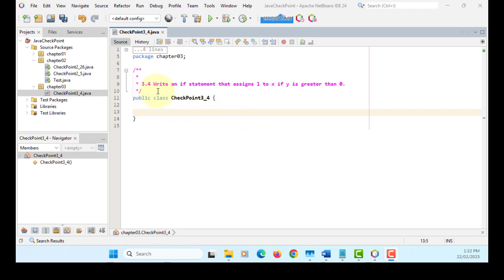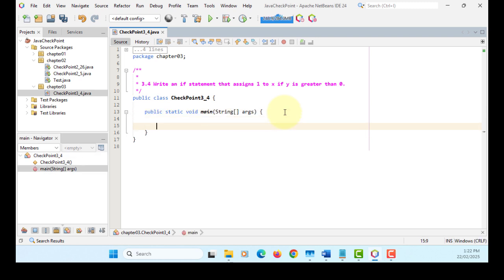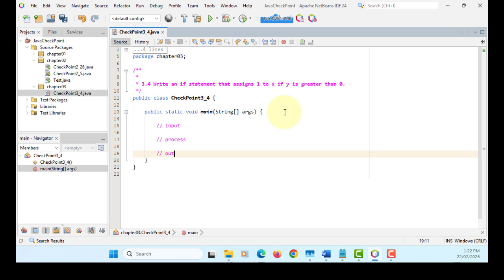Okay, checkpoint 3.4: write the if statement that assigns 1 to x if y is greater than 0. Let's start with main methods. If you look at the checkpoints, it is considered a process. So let's say input, process, output. If you look at the process here, if y